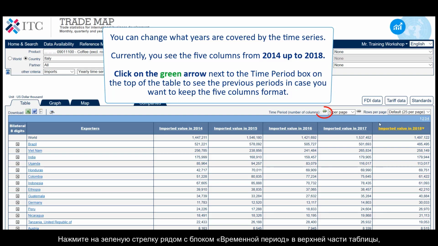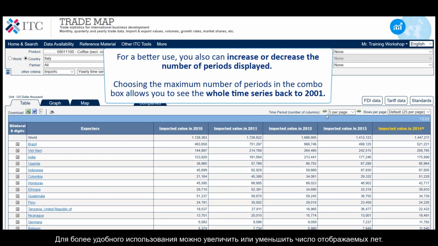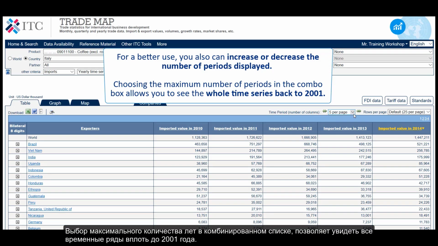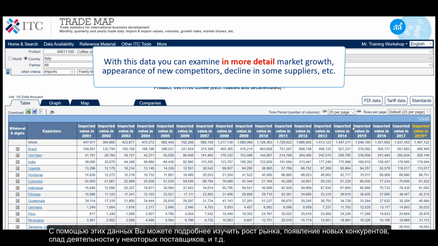Click on the green arrow next to the time period box on the top of the table to see the previous periods, in case you want to keep the 5 columns format. For a better use, you also can increase or decrease the number of periods displayed. Choosing the maximum number of periods in the combo box allows you to see the whole time series back to 2001. With this data, you can examine in more detail market growth, appearance of new competitors, decline in some suppliers,